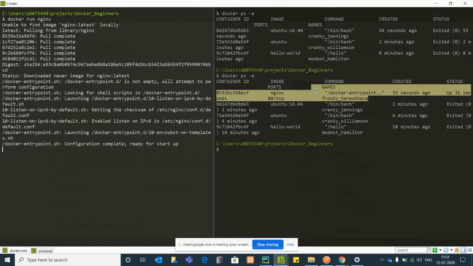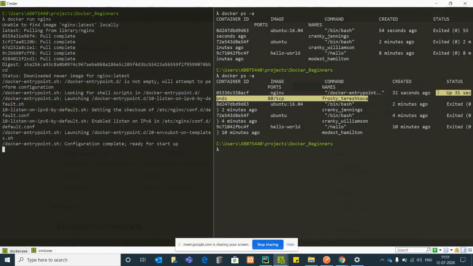It started 36 seconds ago, and it is up from 31 seconds. That means the nginx web server is running inside this Docker container now. This is the difference from running a whole operating system: Dockers are meant only to run your processes inside a container.